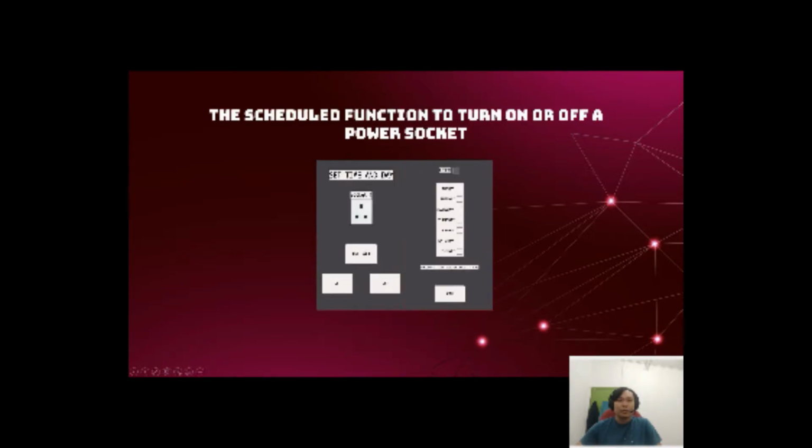Next, the schedule function to turn on or off a power socket. The figure is the user interface for the set schedule time and day screen. Here, the user can set the time and day the device will turn on or off based on the user preferences. Almost the same as a set timer interface, but the user can choose to repeat the day